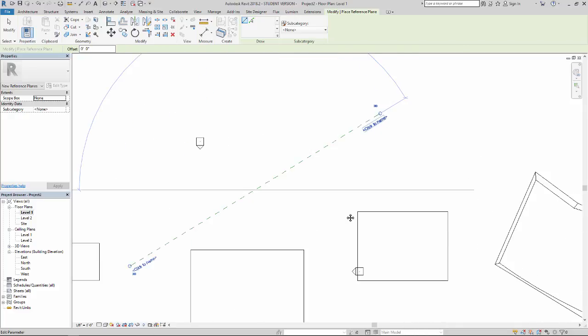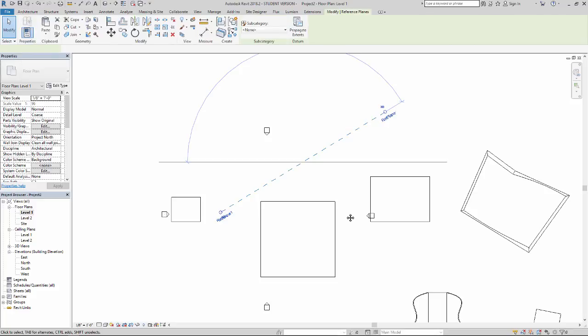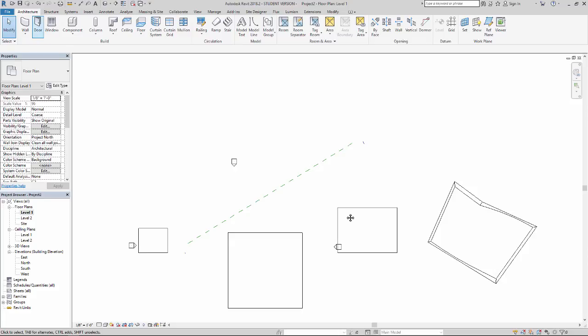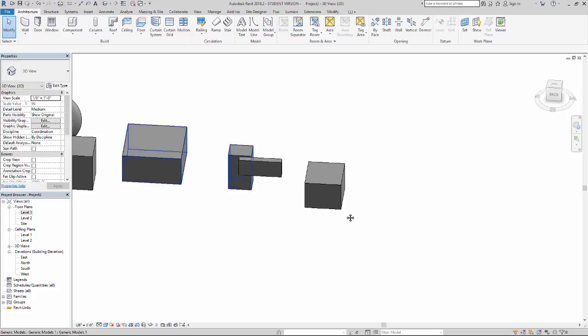And really important to follow this next step. It says click to name. So I'm just going to call this reference plane 1. A little bit of a generic name there, but it's really important to name these so that it's going to show up in my view. So I'm going to go to my default 3D view,